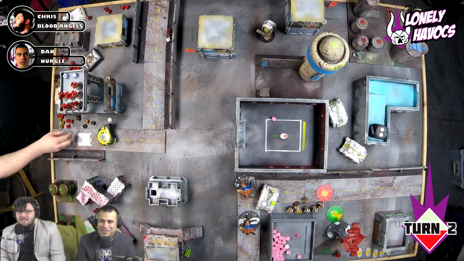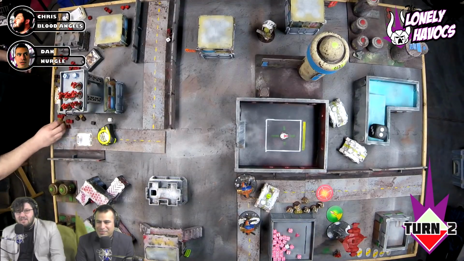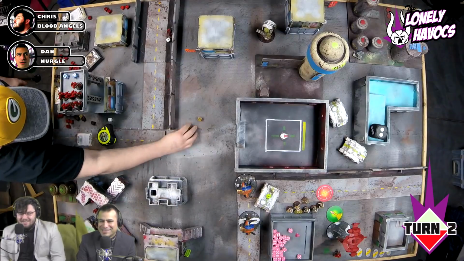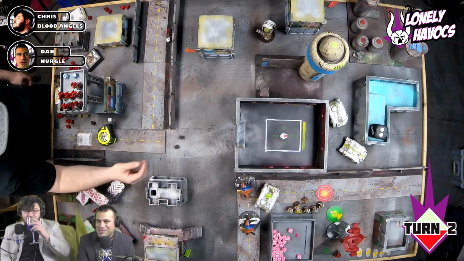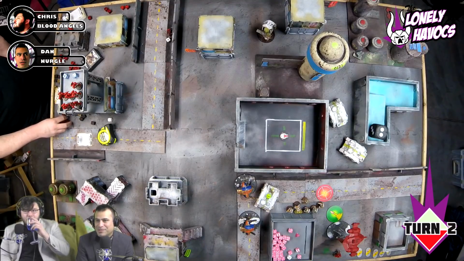It's not as awesome as it could be, especially when you consider that you can assault out of vehicles now. But I think that's why they did it, because you would just roll a Rhino up and then assault out of it. So that's like a 24-inch threat range if you rolled perfectly and moved perfectly. Actually, it would be a 30-inch if you advanced and then...